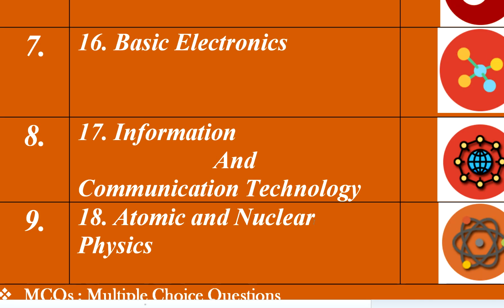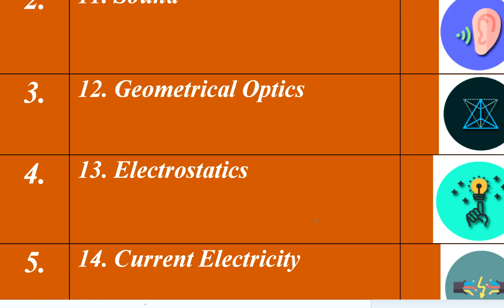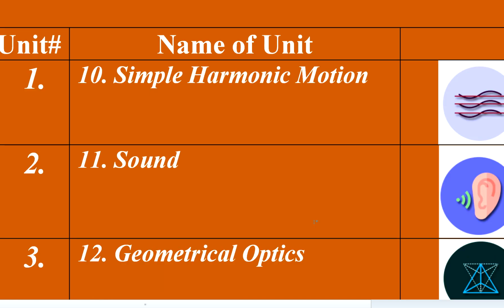all the concepts. Today we will start the topic of simple harmonic motion. First of all, we will discuss its definition and examples. In the next class we will discuss its application and understand it in depth. So we'll see you in the next class regarding its application, but today we will start simple harmonic motion, its definition and some examples. So starting from simple harmonic motion, you can see that in the start, SRQ, short response question, will be discussed.